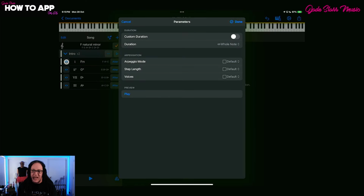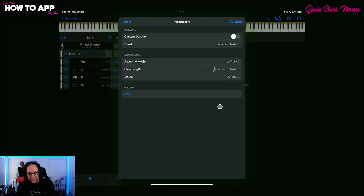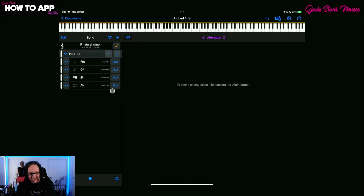So let's go in and play with some arpeggiation. And we'll make this arpeggio an up, and we'll make it like a 16th. Let's do that. Hit done. And now when we play this back,